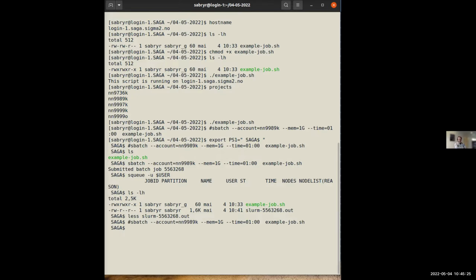Yes, I keep all the sbatch options in the file. So I can just write sbatch example job.shell, and then I don't have to remember everything from time to time, since it's in the file anyway.